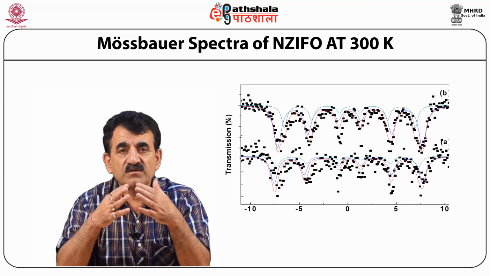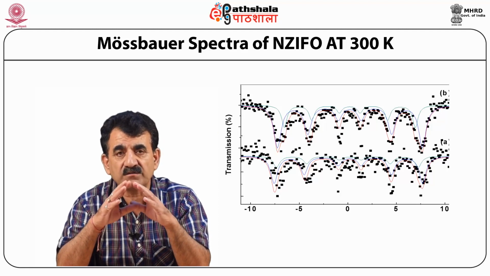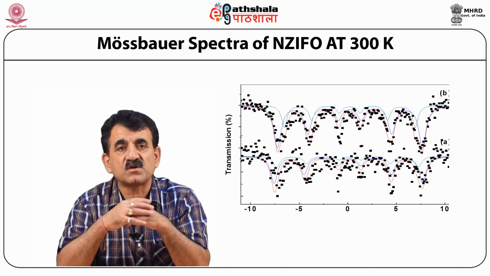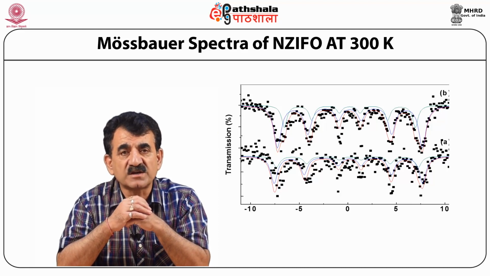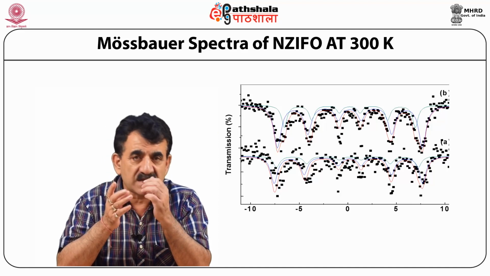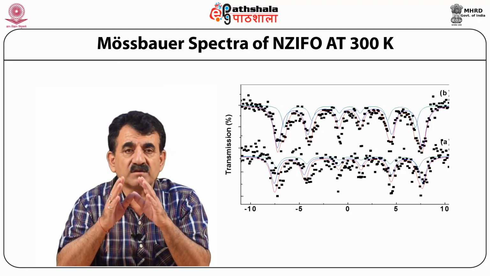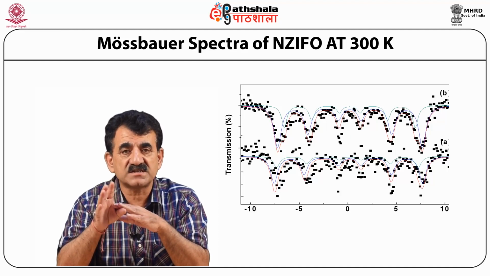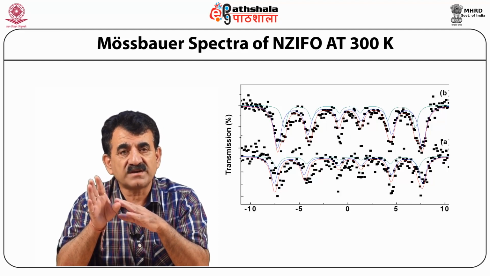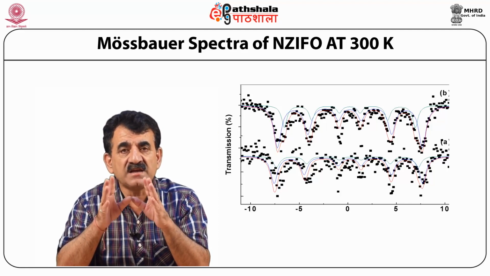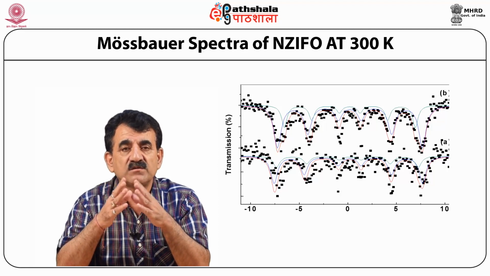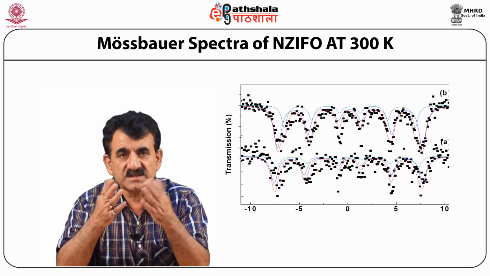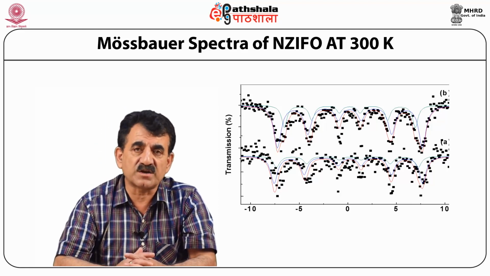Then we also apply these data in the presence of field also, where isomer shift is given at 0.17 millimeter per second at A site as well as B site. Then the respective hyperfine field at A site is 41.76 Tesla, and at B site 46.17 Tesla. So these are basically the calculated values achieved through this nickel zinc nanoferrite substituted with indium.